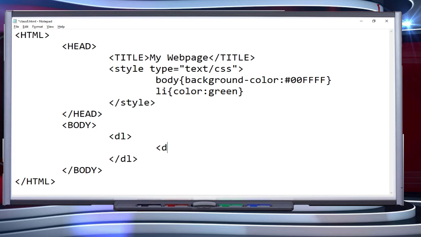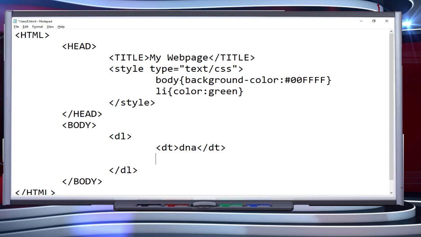Now definition term, I am using DT, DNA, and then its definition data, DD, or we can also call it definition description.